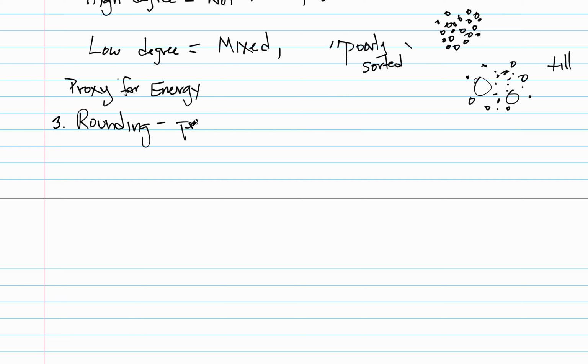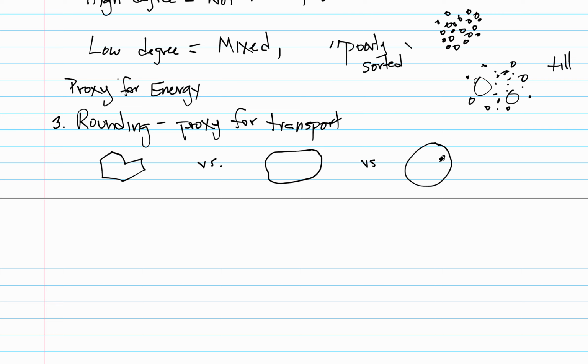Rounding is our proxy for transport distance, and rounding is a measure of angularity. So we could have something that is very angular versus a particle that is smooth and round. If we had sand grains of these 3 different shapes, this one has traveled no distance. So we could say no travel. It's near the source. The corners have not yet been abraded off. And then this is medium travel, and something round and polished and smooth has been transported and transported and transported. So all the corners have been chipped away. So we could say long